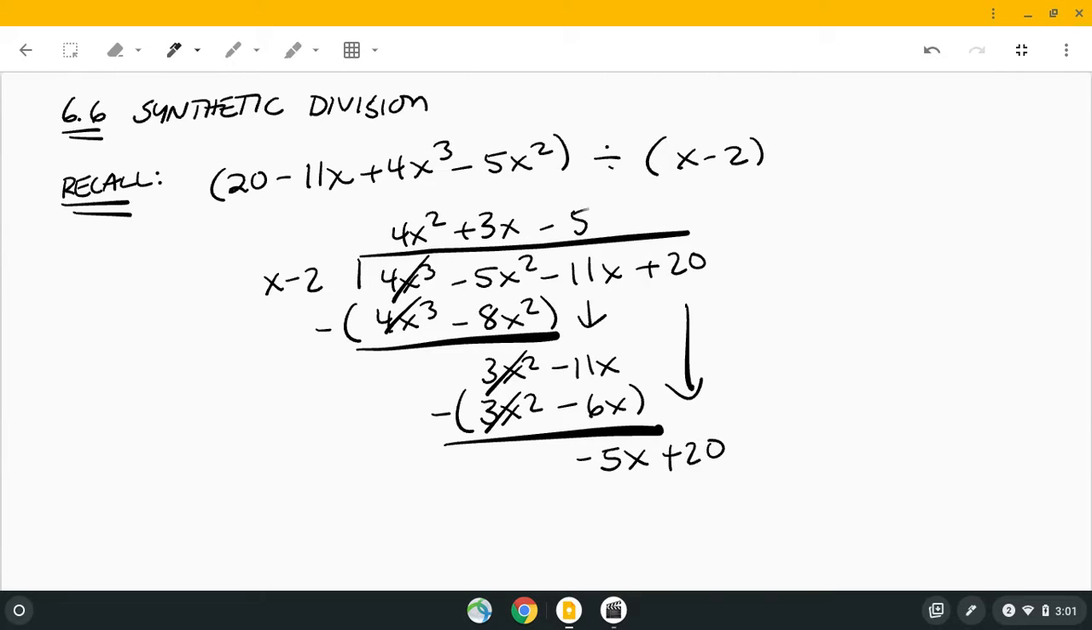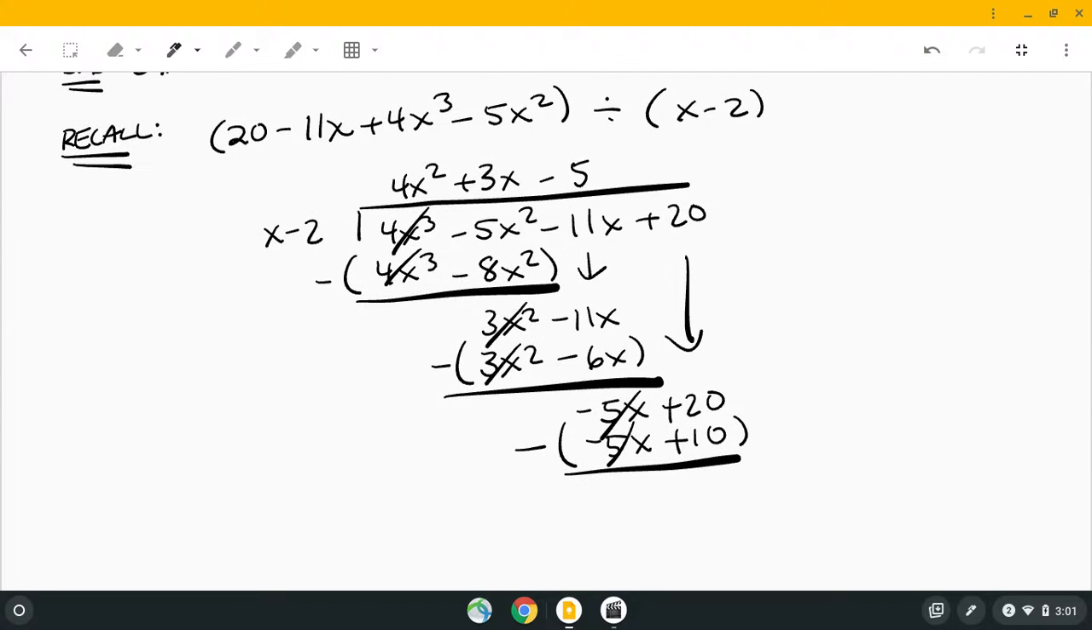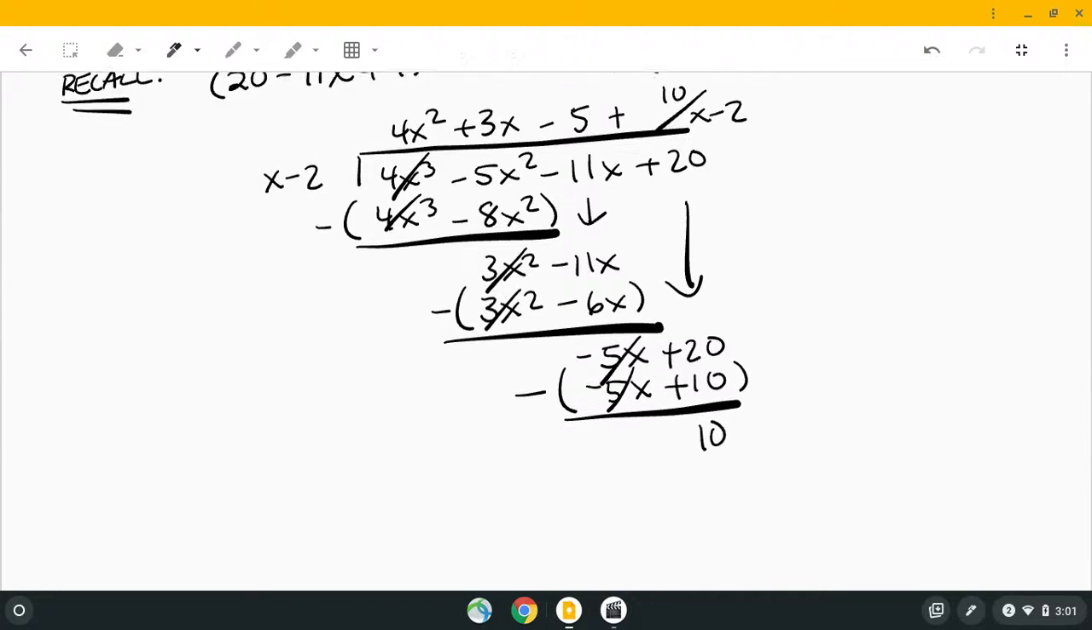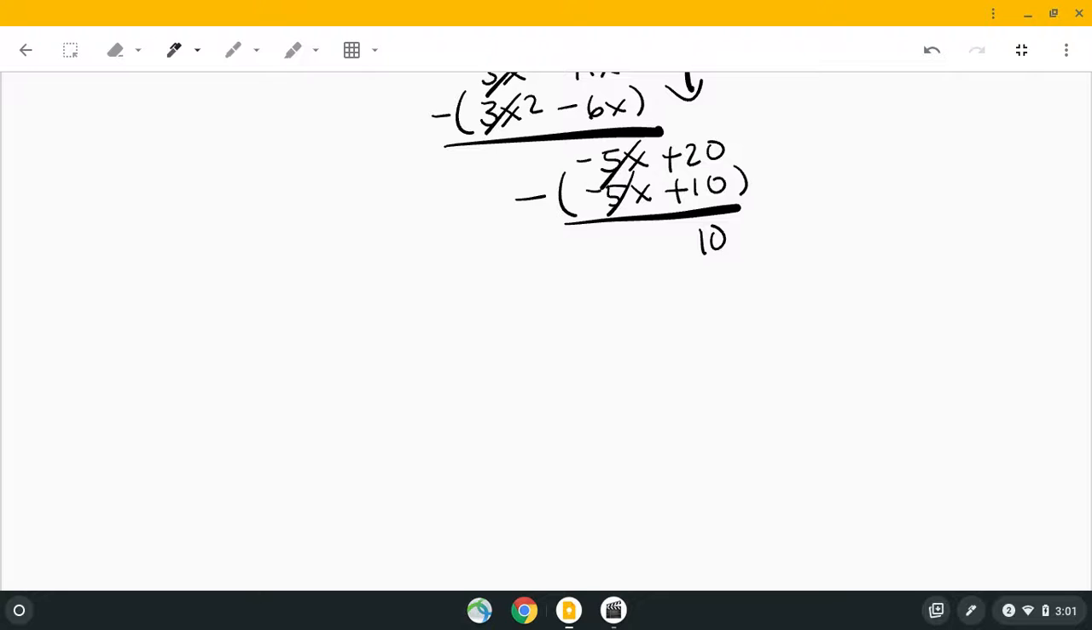And we get negative 5 here. We get negative 5x plus 10. And we subtract this. These guys cancel. That becomes negative 10 plus 20 is 10. So that is our remainder. So we would say plus 10 over x minus 2. Okay, so that's the long division way. So we're going to take a look at this exact same problem using synthetic division. Okay? All right, so now